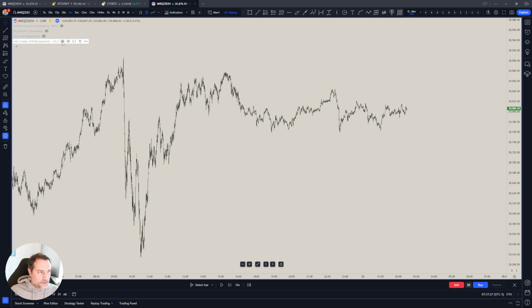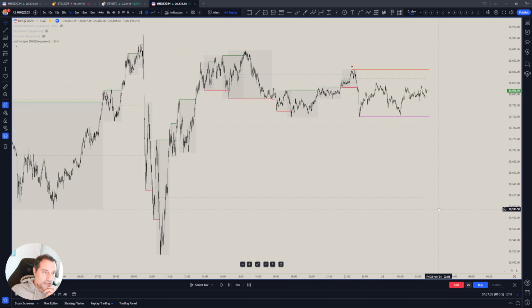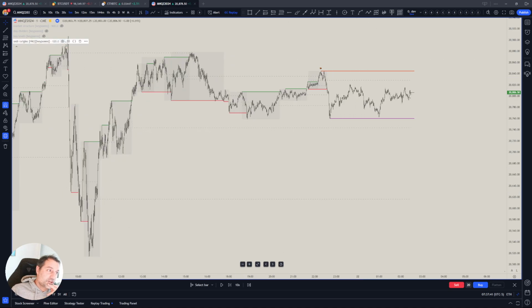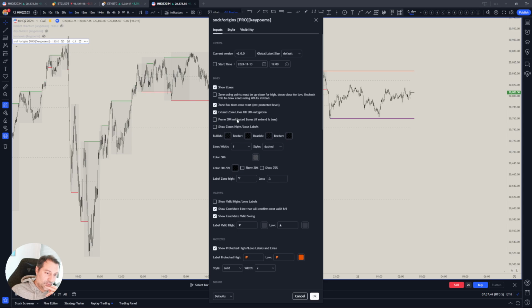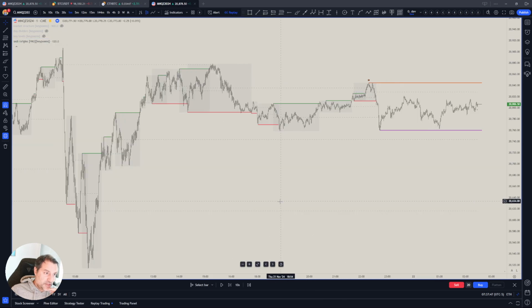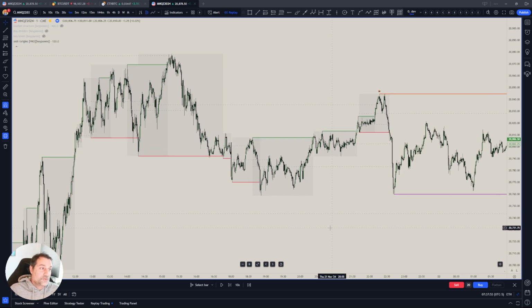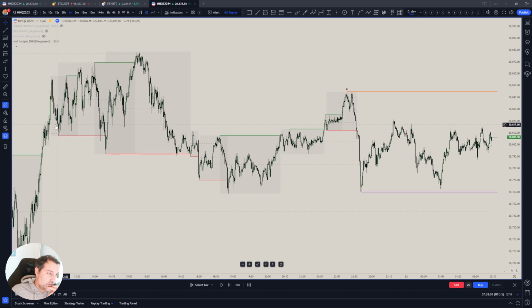First thing you do, you install it, you follow a link, you add it, and then you turn it on. By default, it will look either like this or with some extra bells and whistles. It will basically just highlight the market structure. I assume you are a little bit familiar with the sort of indicator that I've been working on, a market structure indicator. There's a free version around that marks break of structure, continuations, market structure breaks or shifts, and protected levels,